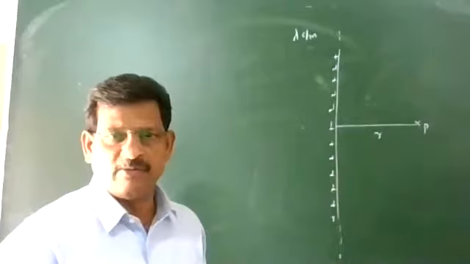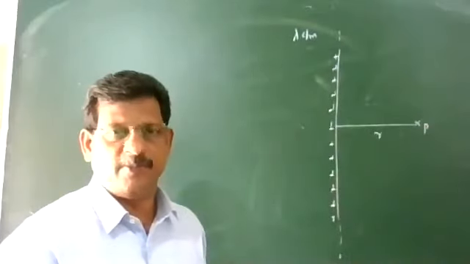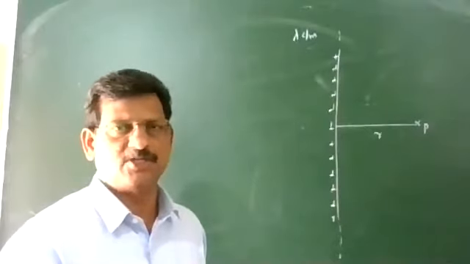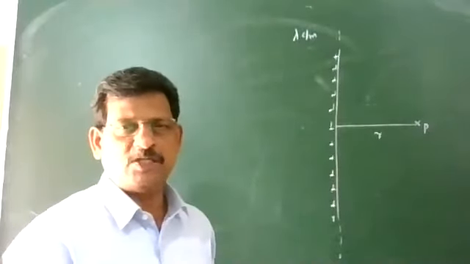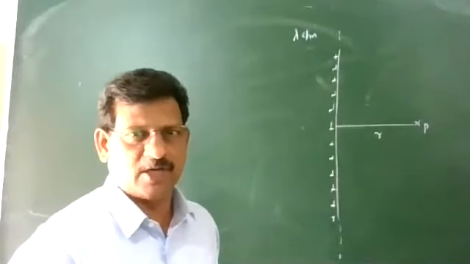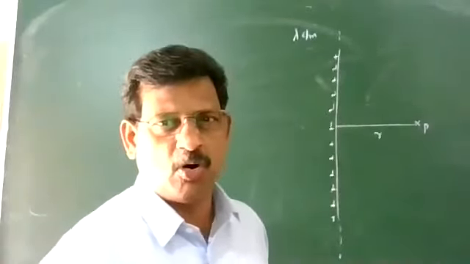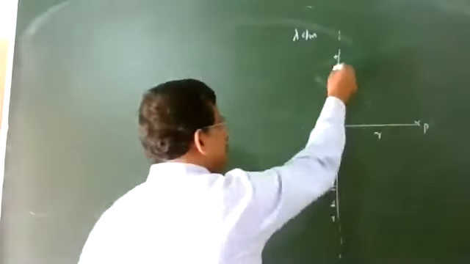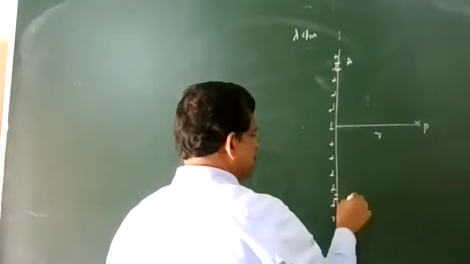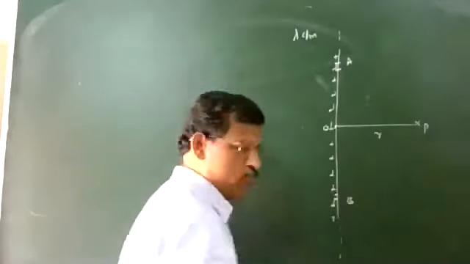You have to confirm the direction of the electric field at the point P because it is a very long, infinitely long line charge. It is not a point charge. So to recognize the direction of the electric field at the point P, what is the net direction of the electric field at the point P? We consider two small elements A and B, which are equidistant from the center point O.